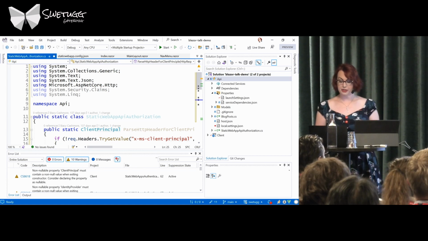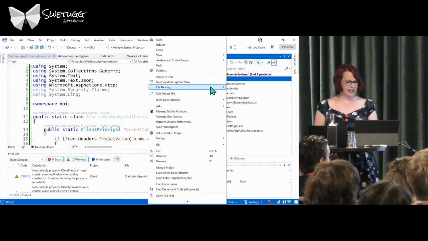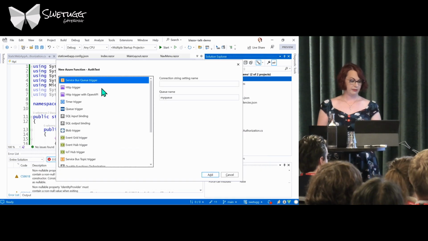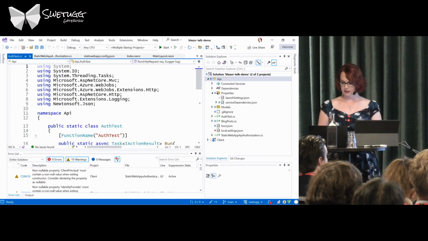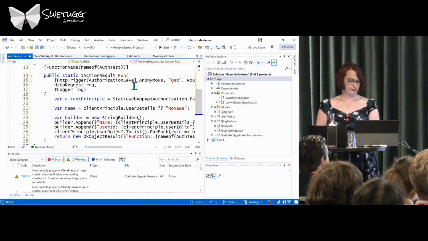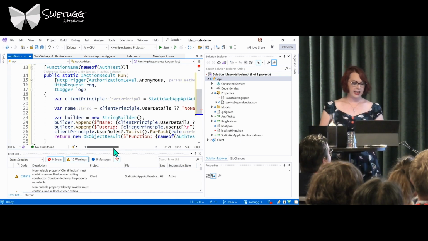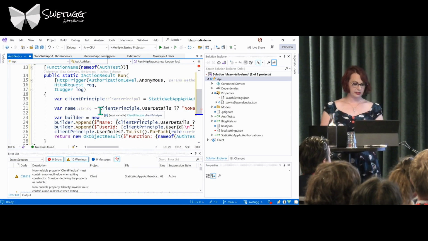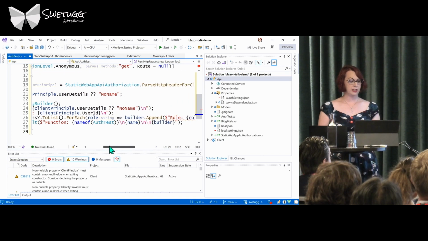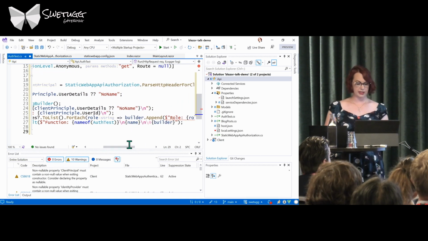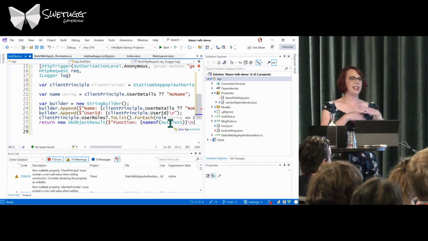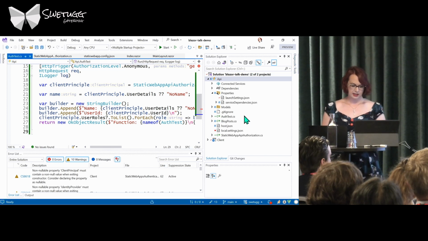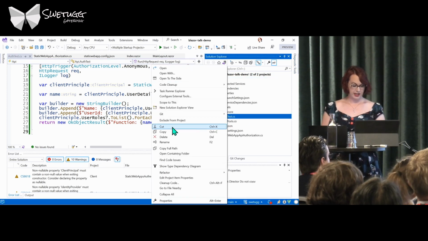Next, we're going to add our Azure functions to use this, and they're not going to do anything spectacular, they're just going to show us what data we get inside of that header. So we want an HTTP trigger. And again, it's just an HTTP GET. It's just going to run on the auth test endpoint. We get our client principal using that static web app authorization code that we've just seen. And then we just get some data out, put it back on the site just so that you can see it's running. And like I say, I want two of these because we've just seen two of them added to the